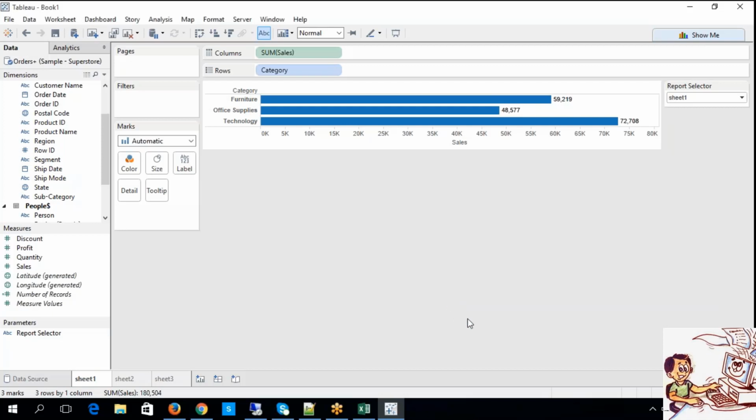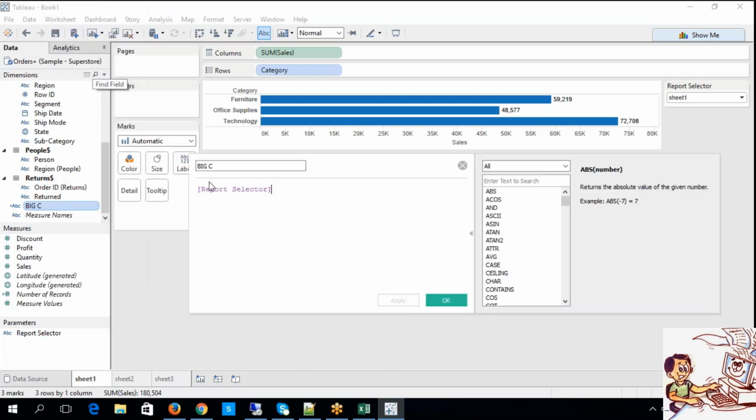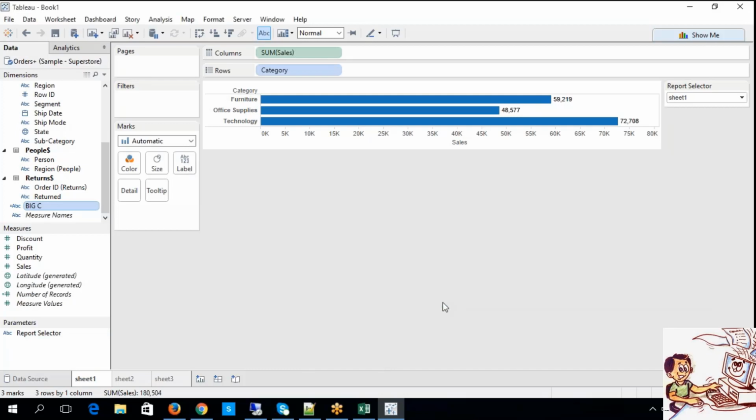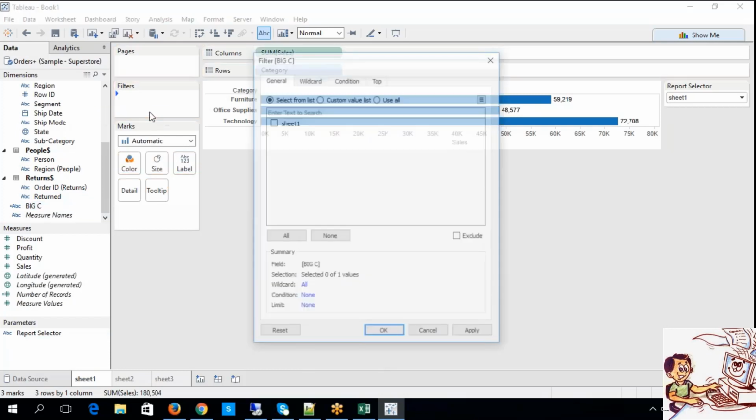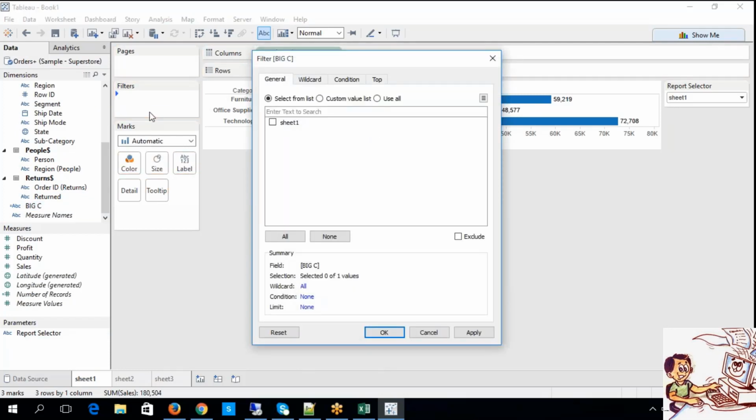Right, guys. Now look at this. The calculation field has been created here. Look at the formula. This is what we have written. Simply, I have selected the report selector here, isn't it? Now this can be allowed. Since the parameter is not accepted at a filter level, I am calling this parameter into a calculation field. That's it. Now here I'm going to customize it.